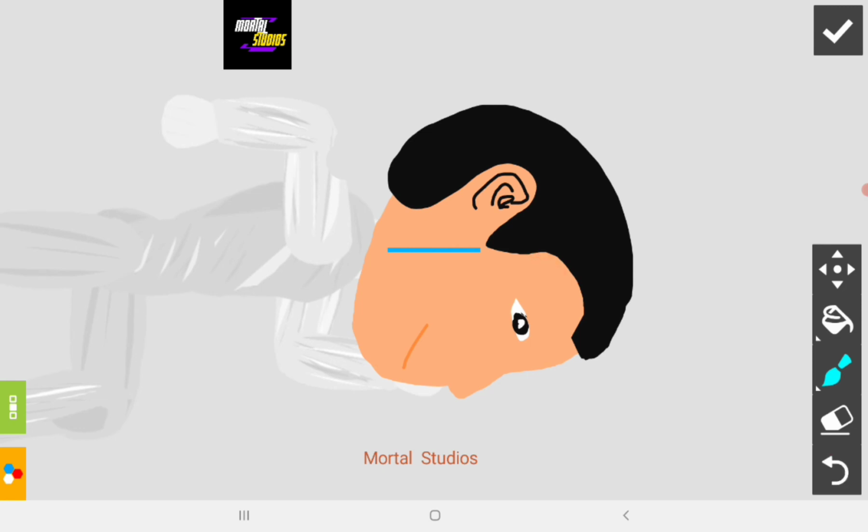Everything is fine. I'll just use the paint tool if possible. Okay, brush is better. So we just make it a top layer like this, and behind the eyes, down the mouth, and in the nose a little bit.